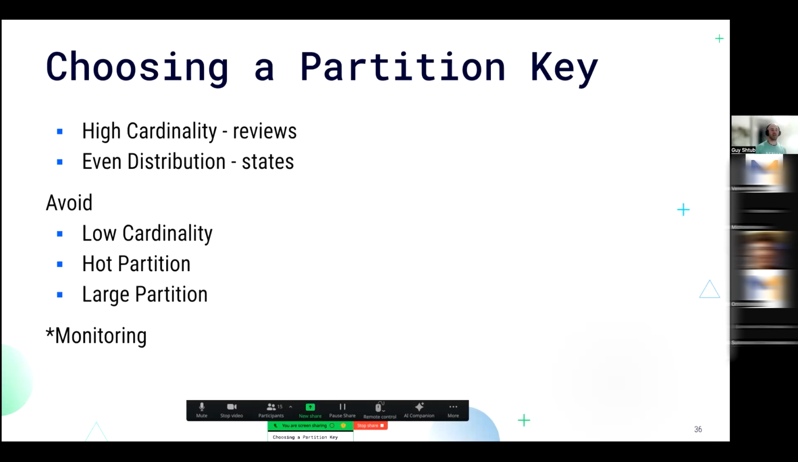Why would we have bad performance? Because some of those nodes, say the nodes that are responsible for California, would probably be serving more requests as they hold more data than the ones holding the data for people, say, in Delaware. So we want to avoid hot partitions, we want to avoid large partitions,